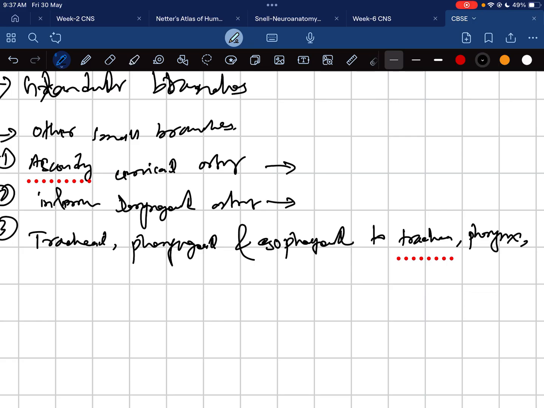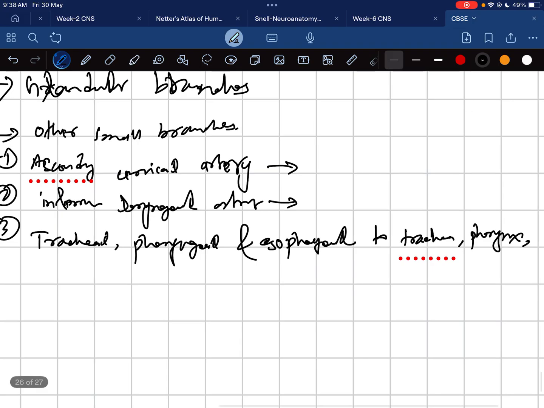And the ascending cervical artery supplies the prevertebral muscles and sends spinal branches to the vertebral canal along with the spinal nerves. So we have discussed the transverse cervical artery, inferior laryngeal artery, and tracheal and esophageal branches. Now moving on to the